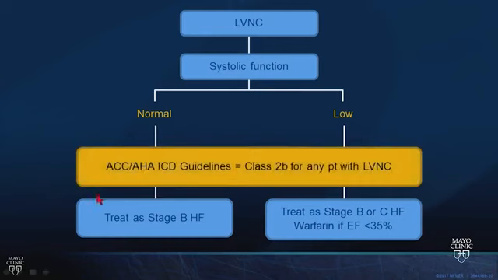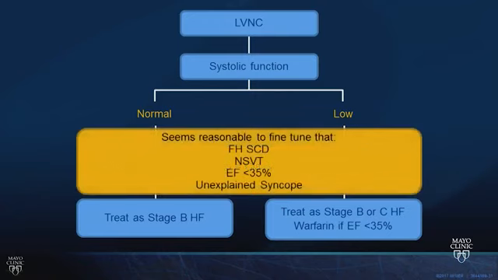So the way I approach this is really, they're class 2B for any patient with LV non-compaction, but if their EF is less than 35%, they qualify for a defibrillator based on the dilated cardiomyopathy guidelines anyway. If they have a family history of sudden cardiac death, non-sustained VT, or scary-sounding syncope, then that probably elevates them more likely to be the patients you want to put a defibrillator in. These are not called out in the guidelines, but these seem like a practical approach to how you would face